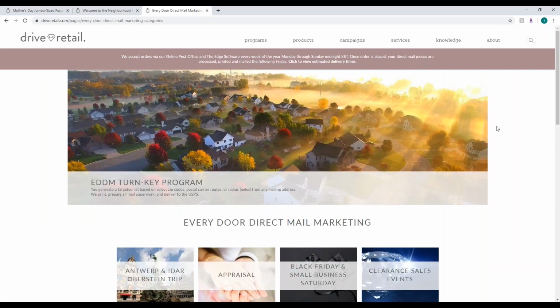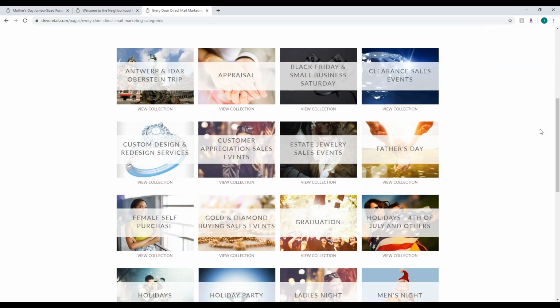Now, on our prior cards, we went through and we said, hey, I'm going to reach out to new customers who need specific targeted information. Every Door Direct Marketing is a little bit different. What we're going to do is send cards out through the US Postal Service, but this time, rather than mailing them out, the cards are going to go to the mail carrier